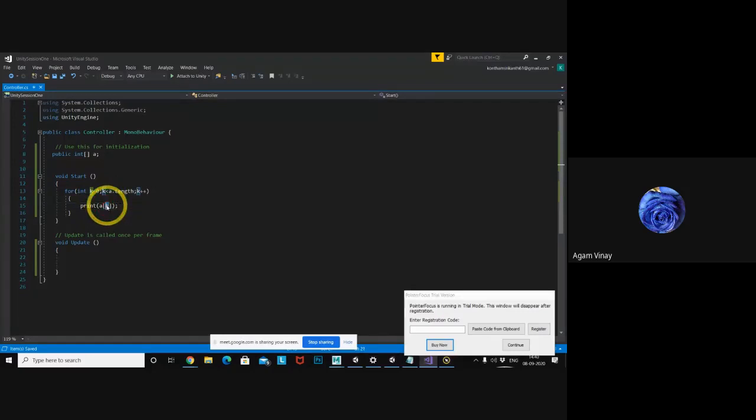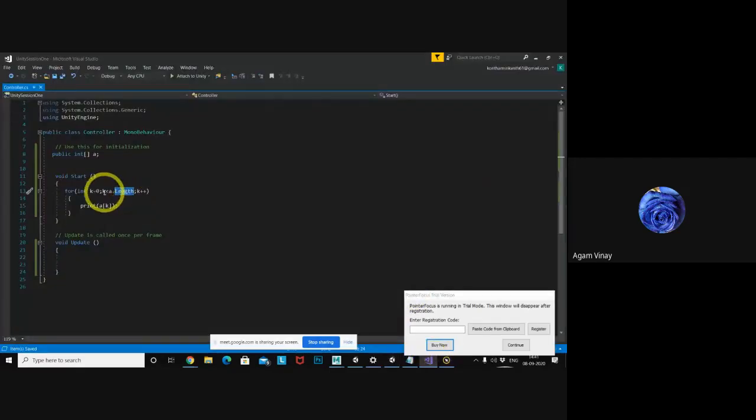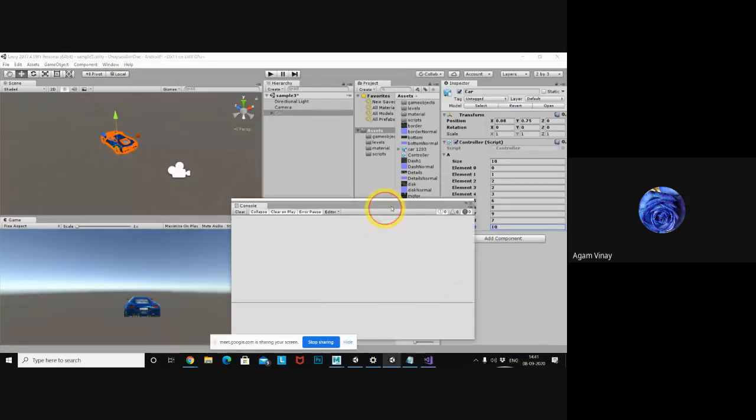First we start with the k value, which is 0. Next it will be plus plus, which means the value is increased by 1, right? So 0 becomes 1, 2, 3, up to a dot length. What is a dot length here? A dot length is 10. So up to 9, less than 10, the condition stays true. So up to a bracket 9, the values up to 10 elements will be shown in the console.